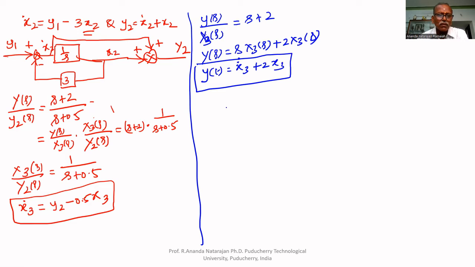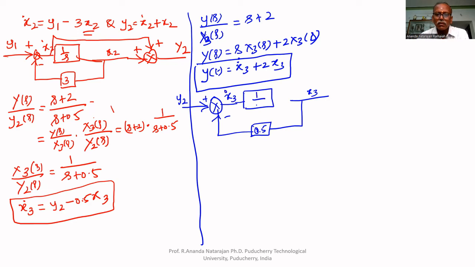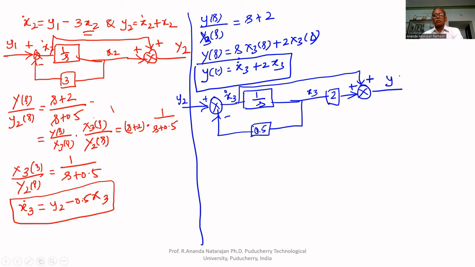If you combine these two together, you will get the third equation. What is the third equation? Third realization. x3 dot, x3 is available. Take x3, multiply 0.5 times. You will get x3 dot. If you integrate this, you will get x3. So what is y? Y is sum of 2x3 and x3 dot. That is y. That's all. If we cascade all these three together, you will get